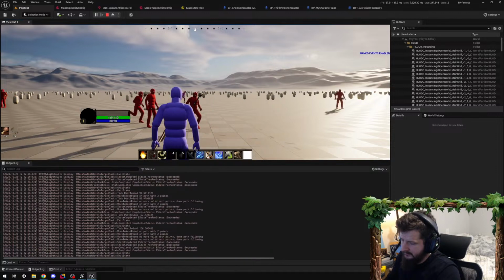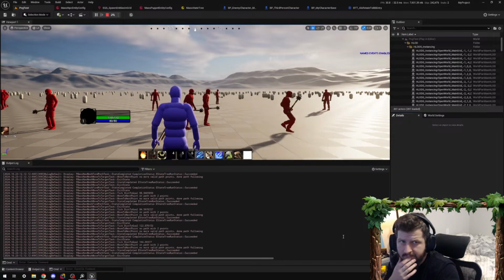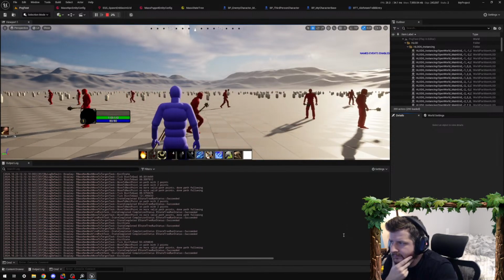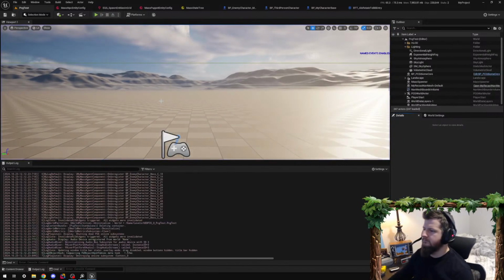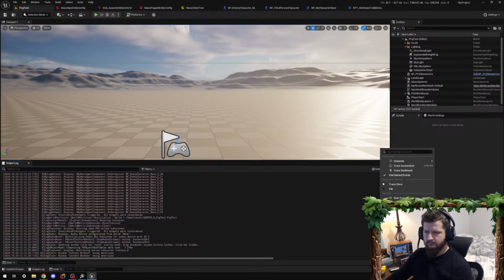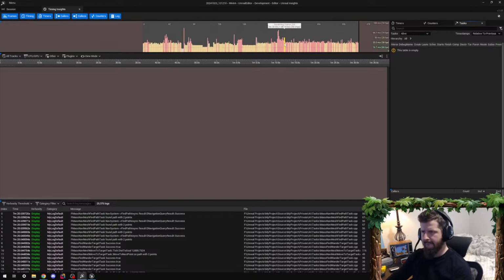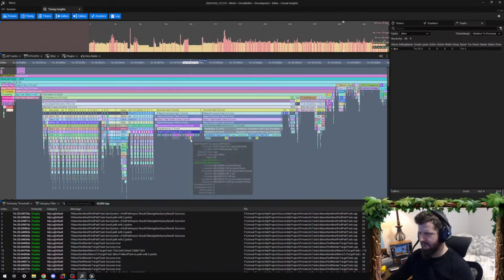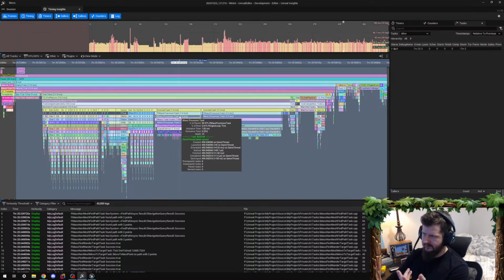Frame rate does not seem any better. Let's look at a trace. Oops. Wrong button. There we go. A trace here for a little bit. Okay, and stop. Okay. Now what does this look like? So I don't get what that checkbox does, because it doesn't seem like it changed these at all